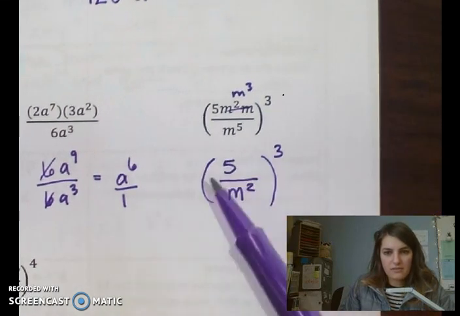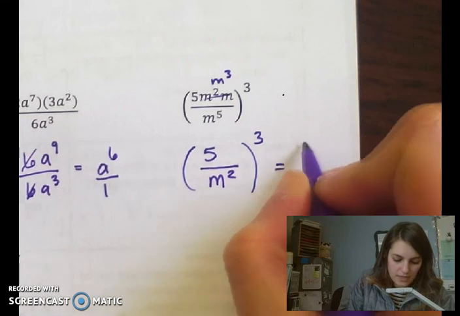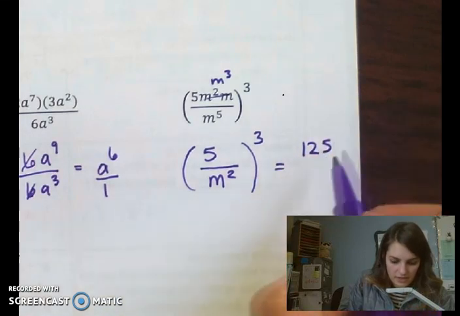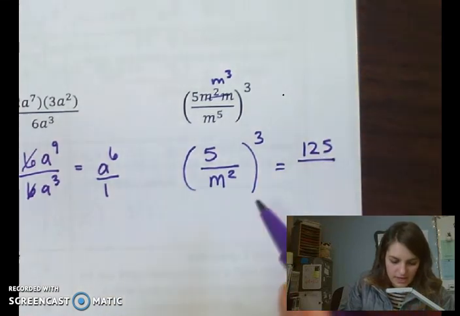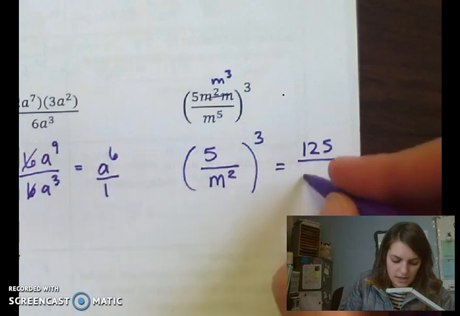So 5 times 5 times 5 is 125 over m squared cubed, m to the